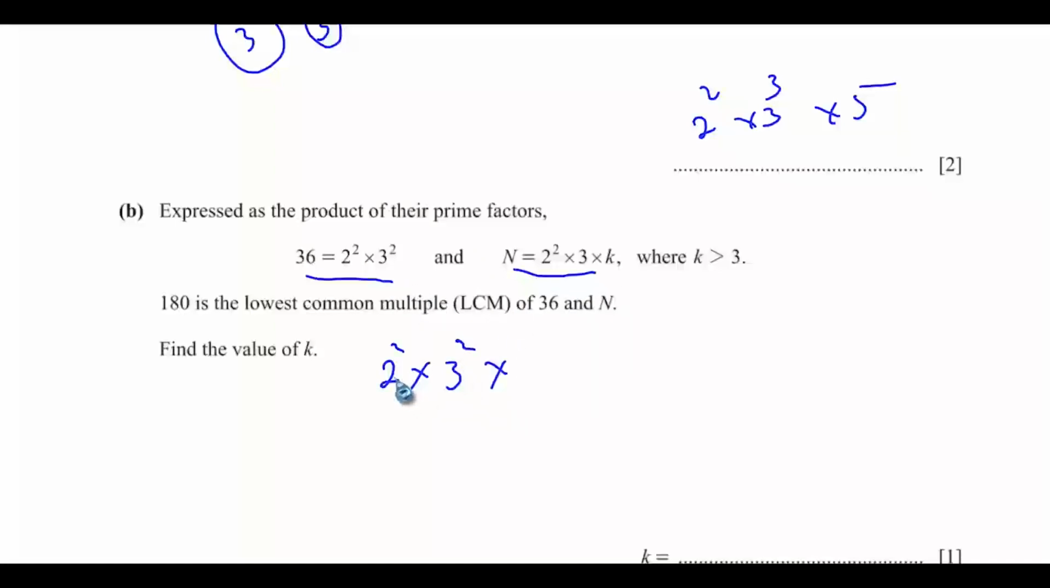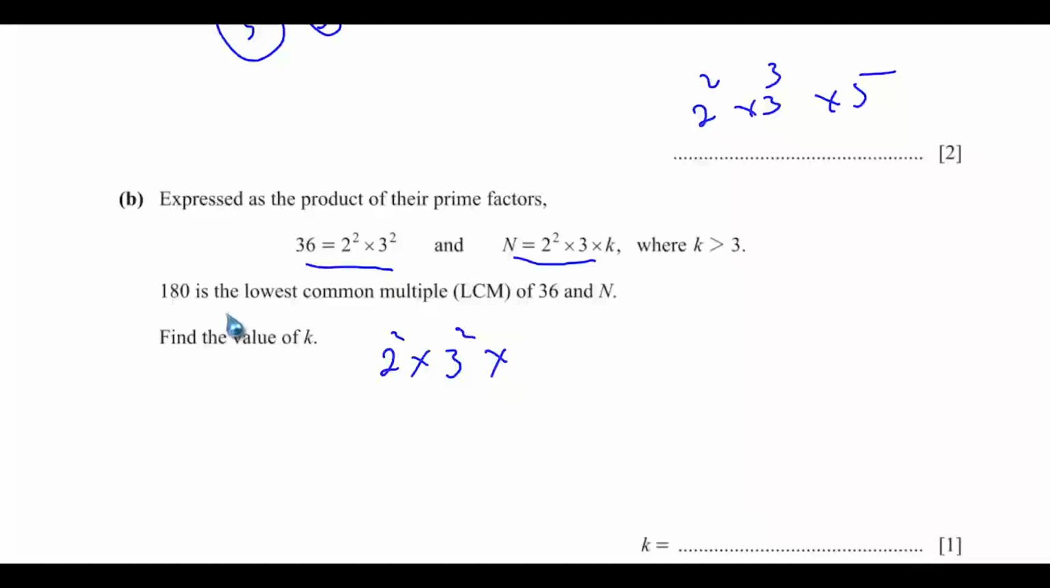If you do this now, we have 2 to the power of 2, that is 4. Then times 3 to the power of 2, that is 9. So if you do 4 times 9, that will be 36. Since 180 is the lowest common multiple of 36 and n, to get the value of k,